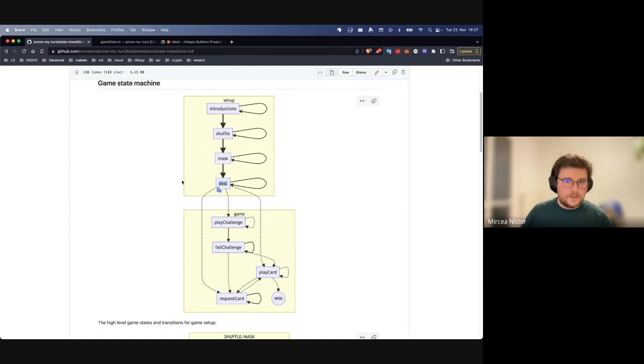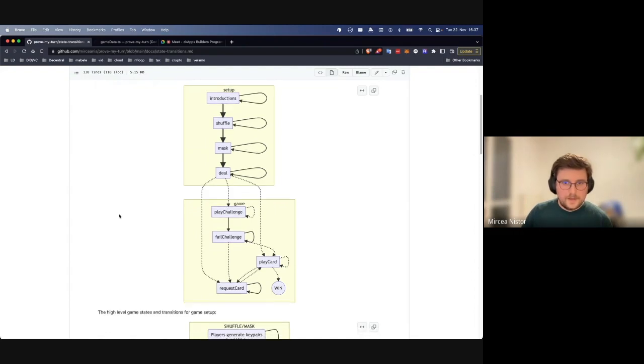And then they get to dealing, which means partially opening the cards for the other players and opening the top card, which is something specific for the game that I was implementing. And then this box right here represents the state machine of the game itself, where players need to place their cards on the discard pile according to some rules, and they can challenge each other to either fulfill the challenge or fail the challenge, or